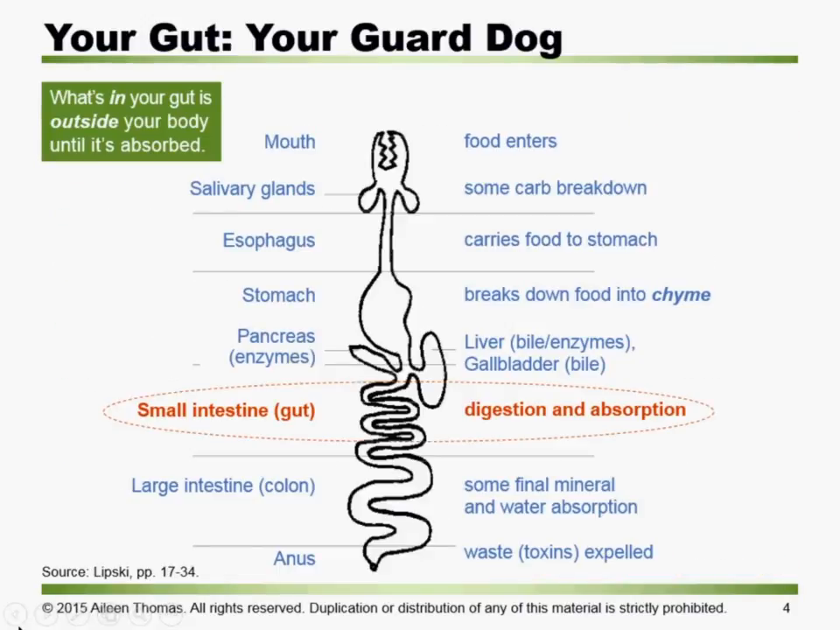I just introduced what may sound like a bizarre idea. What's in your gut is actually outside your body. You may be saying, what? Well, take a look at this diagram and you can see that from mouth to anus, that is from start to finish,